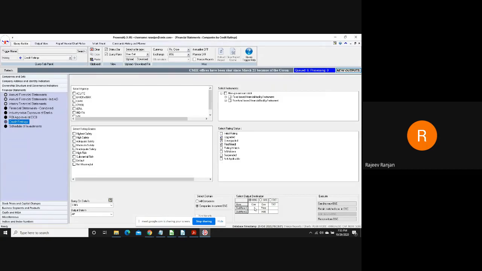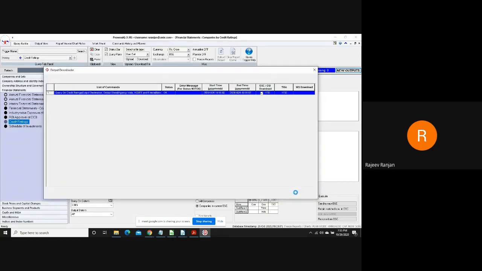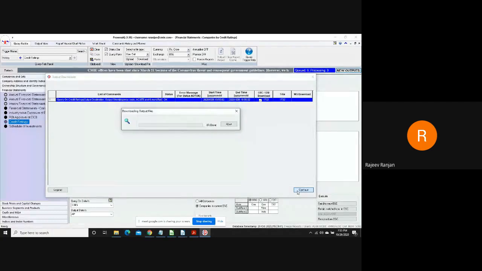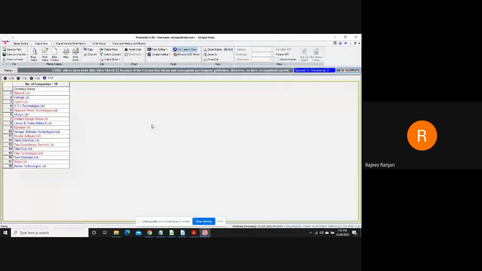So do remember the output sheet and the worksheet option. This gives you just the list of the companies, and no names are appearing here.